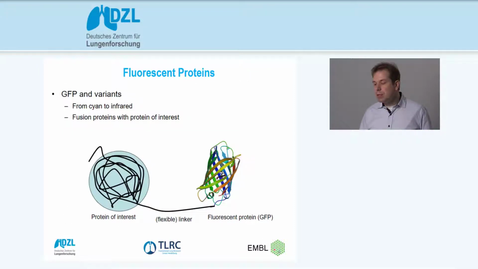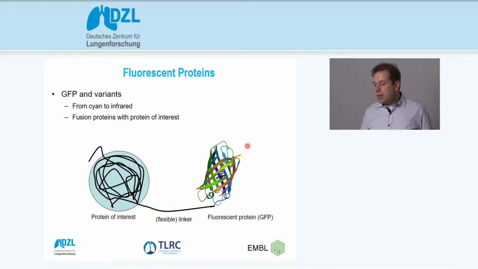But how can we label them in the cell? Therefore, we can make use, for example, of fluorescent proteins. We have a number of variants of fluorescent proteins. The most common one and most known one is the green fluorescent protein derived from jellyfish. But there are now variants from other species as well in different colors, ranging from the blue fluorescent cyan range to the infrared range. So we can really do multicolor imaging now with these fluorescent proteins, and we can genetically